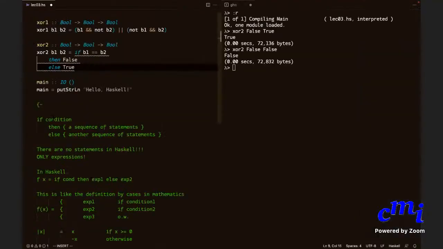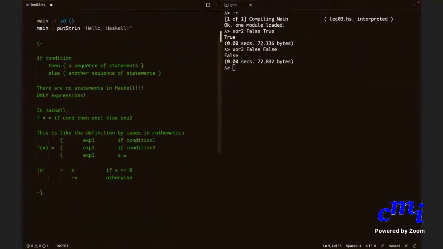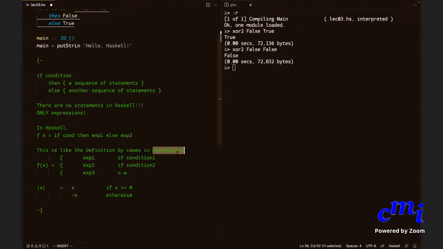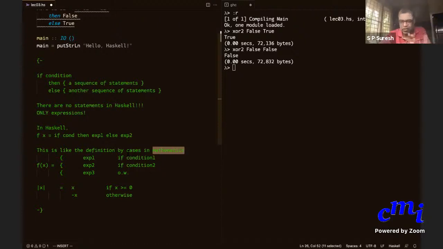Okay. So the bit inside this, the green ones, are all comments. That's all supposed to be some mathematical, in mathematics. So that's not in Haskell. There is an otherwise in Haskell, but that will come later. Don't worry. I'm saying this if-then-else is a special case of this.